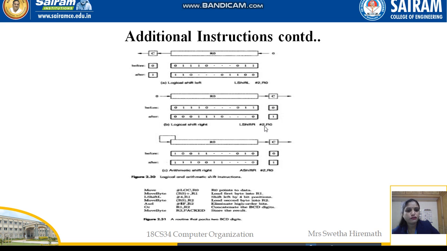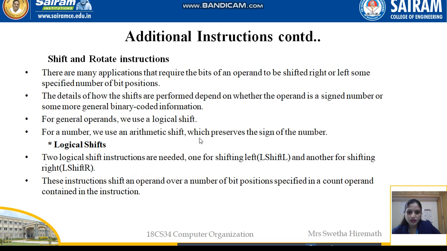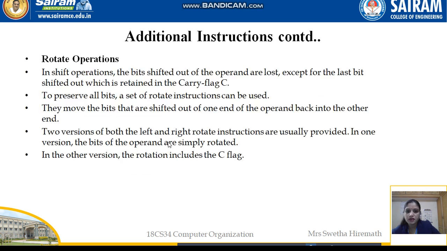If we want to perform twice the logical shift right operation, the first time the 0 will be moved and this is the value which we are getting. The second time we do it, this 0 will be discarded and 1 will be placed in the carry bit, and it continues here.